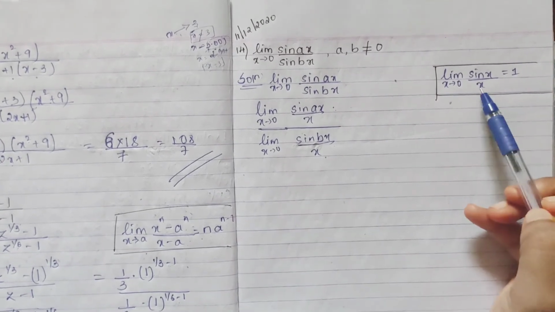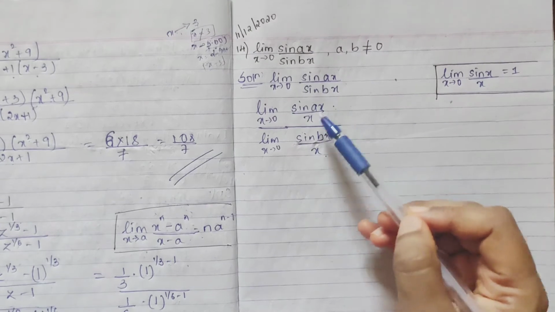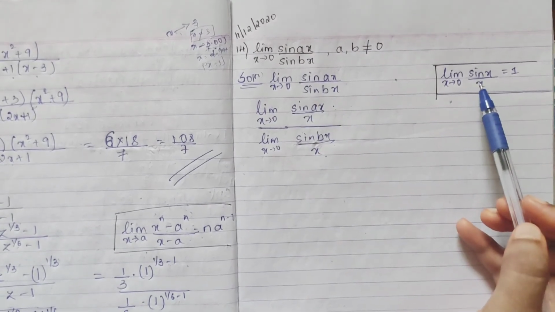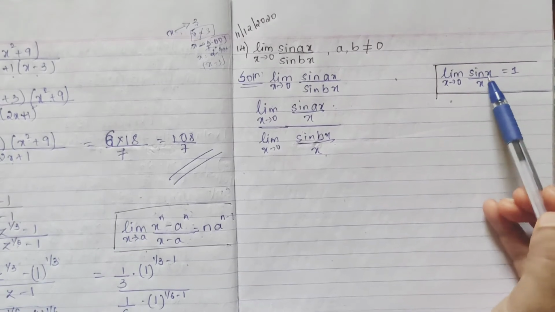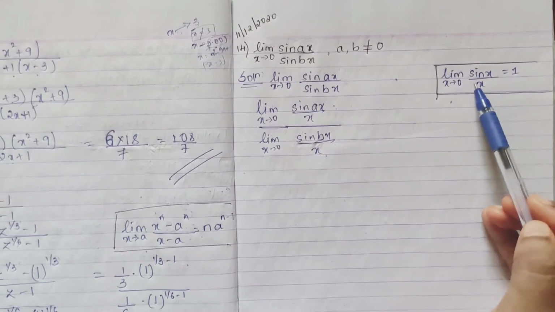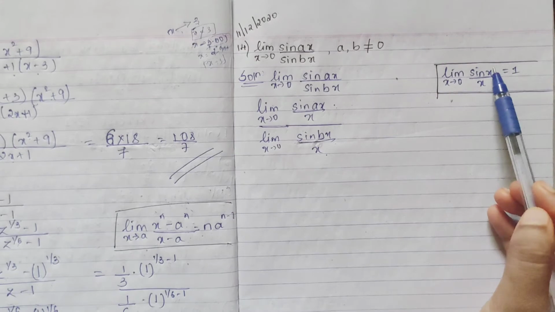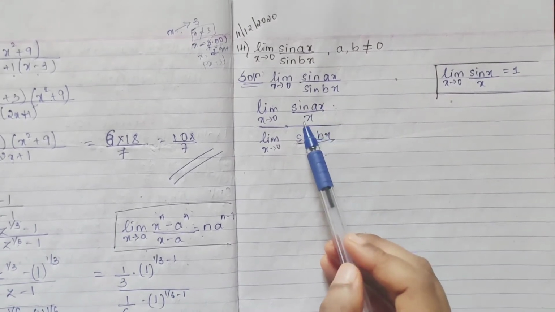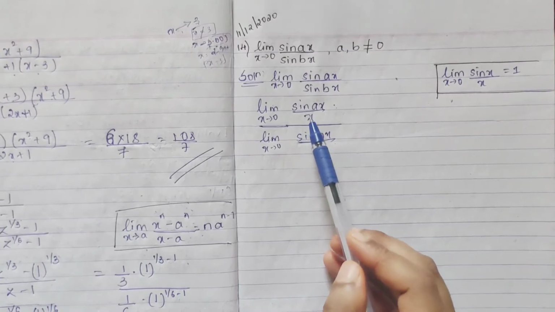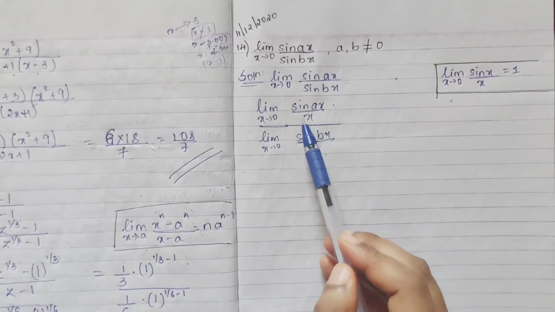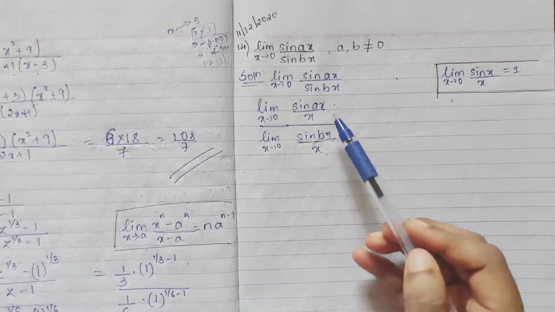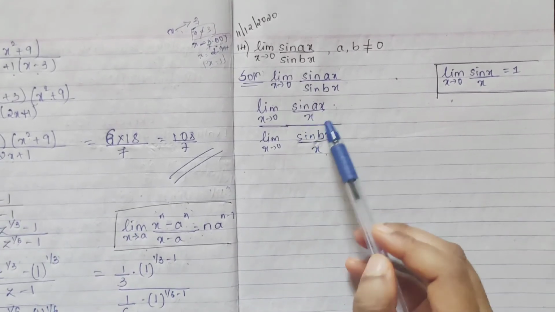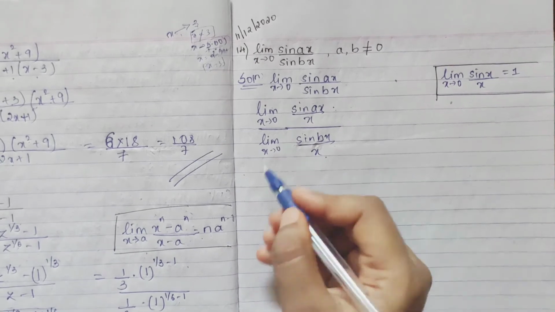Now you have to get it in this form: you have ax, but in the denominator you have x. And what this theorem tells is, what you have in the numerator inside sin, the denominator should be the same. Here it is sin x, so the denominator is also x. Now here sin ax is there, so here also we want ax only. x is already there, we should get a. I can't directly write a, so what I can do is multiply and divide by a, because a cancels off, you'll get the same term again.